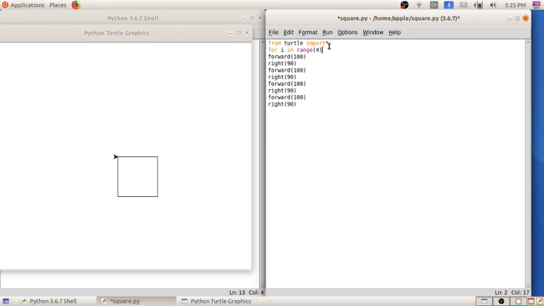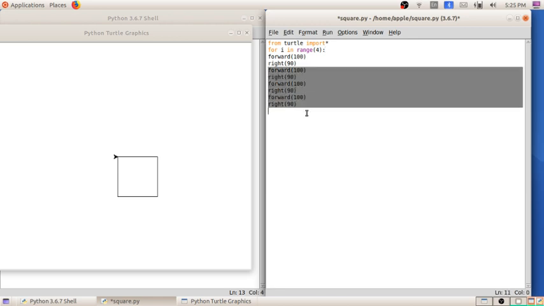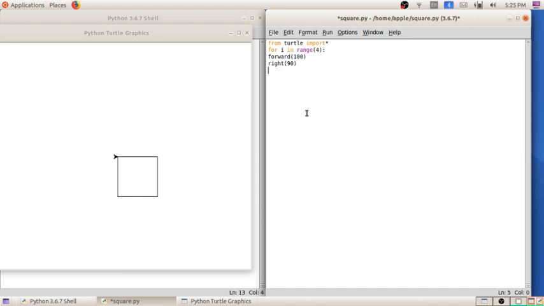Okay, 4 times it must be repeated. So we have to write this statement. Write the command as range of 4. After that, no need of all these things, right? We can cut that. Only we need to write the command a single time, and we can put it in the for loop.